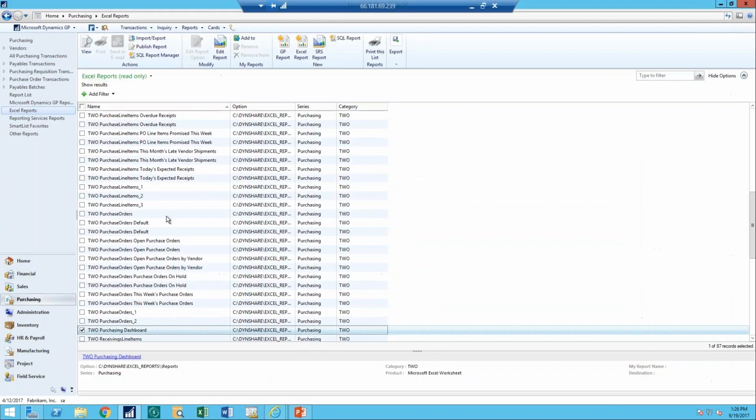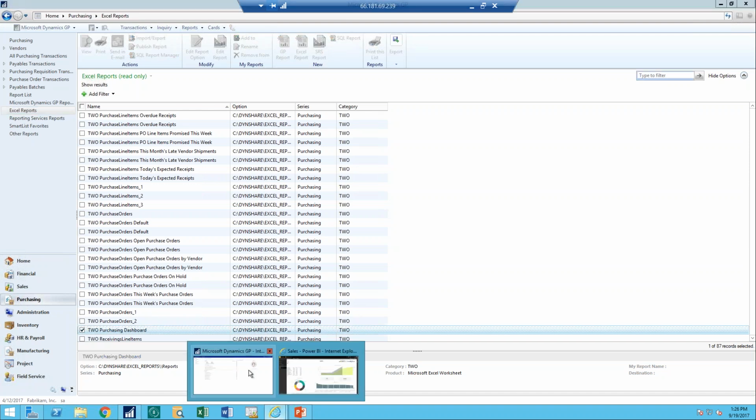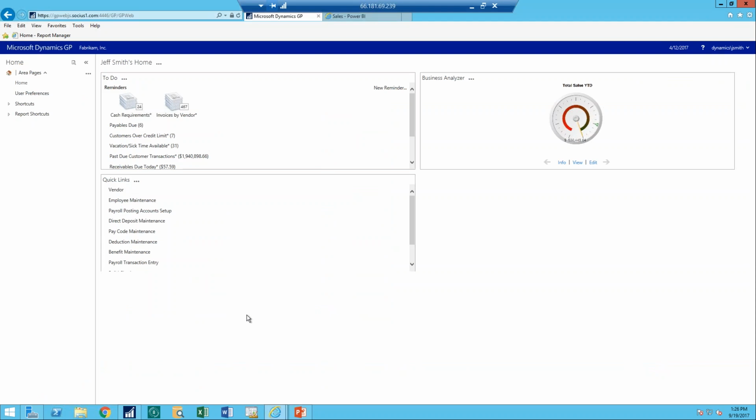All right. So we need to keep moving along. So that's reporting. So what I'm going to move to next is really a little bit of a different approach, and this is more system. And so what I'm going to do is I'm going to talk about the Dynamics GP web client. And there's a number of reasons you might want the web client. So first of all,